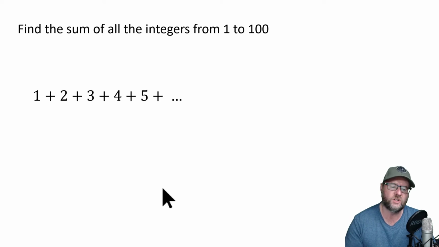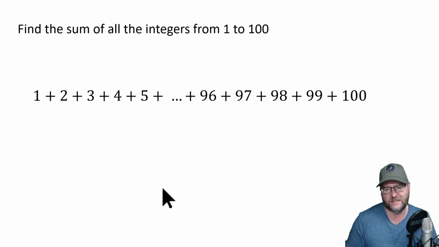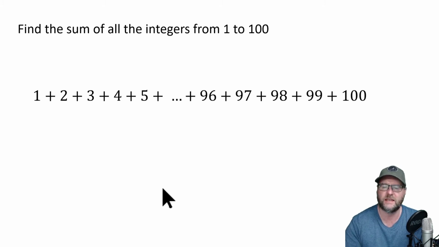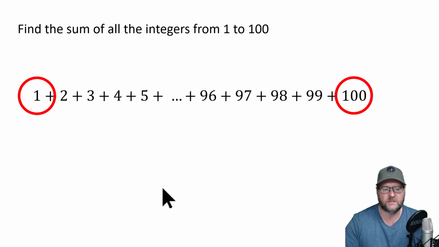We're going to stop. We're not going to write out all of these numbers because it'd be way too many. So I'm just going to write out the first 5, and then I'm going to jump to the end and I'm going to write out the last 5 as well. And I'm going to see if I can find any patterns here that might help me to do this in a much easier way without going to my calculator and doing them all one by one. Have a look at the two outside numbers, the top and the bottom number. When I add them together,